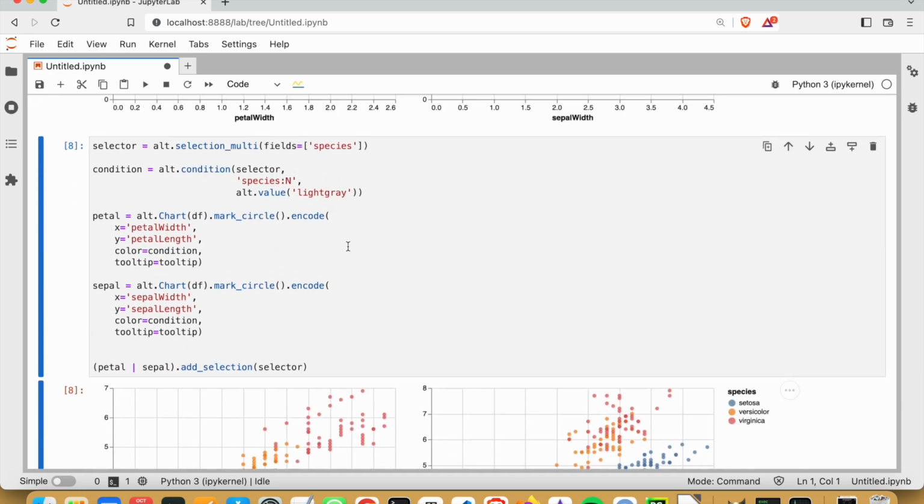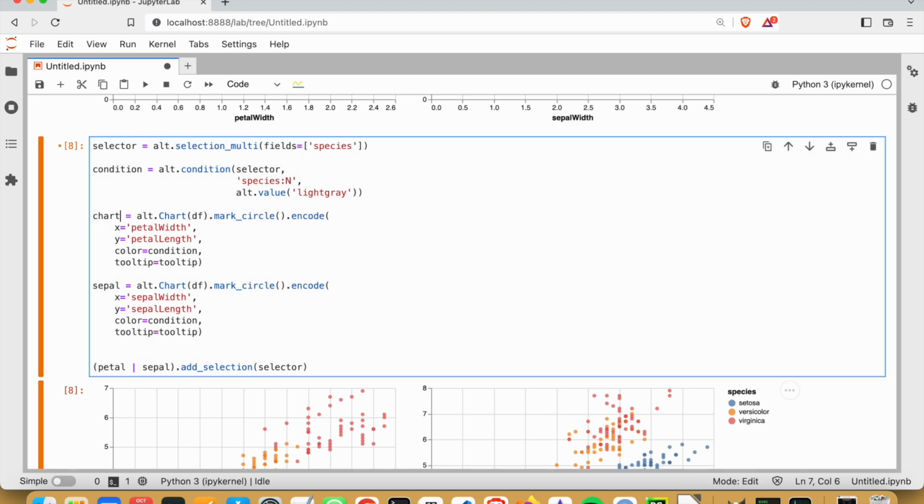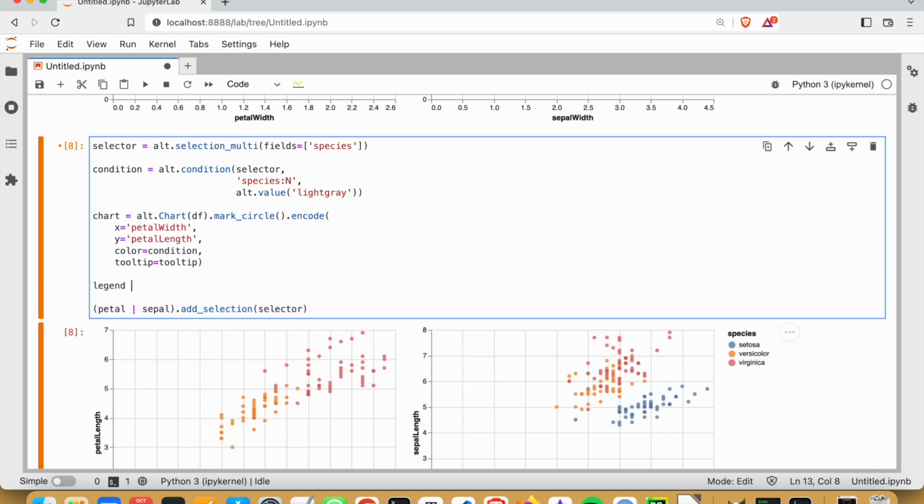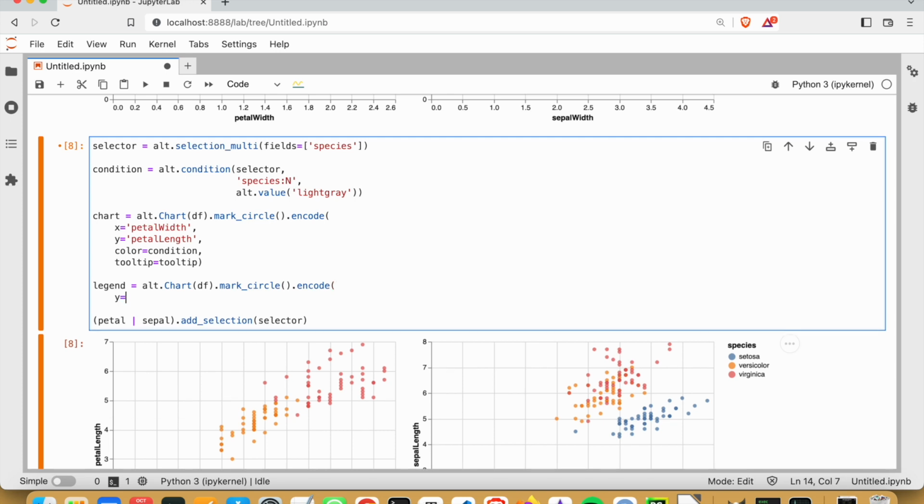So you click outside a cell, hit C, hit V, copy and paste the cell. We're going to rename our petal chart, and we're going to create another chart called legend. And this is a scatter chart again, but it's a scatter chart with only one parameter in code. Mark circle, close that, hit encode. That's what I didn't do the last time. And this takes one parameter, which is the Y parameter. It takes an alt.Y method. The alt.Y method takes species